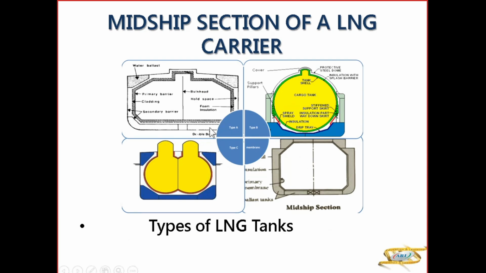You have type A, you have type B, Kvaerner Moss, you have type C, which can be separate ones or can be merged. Then you have